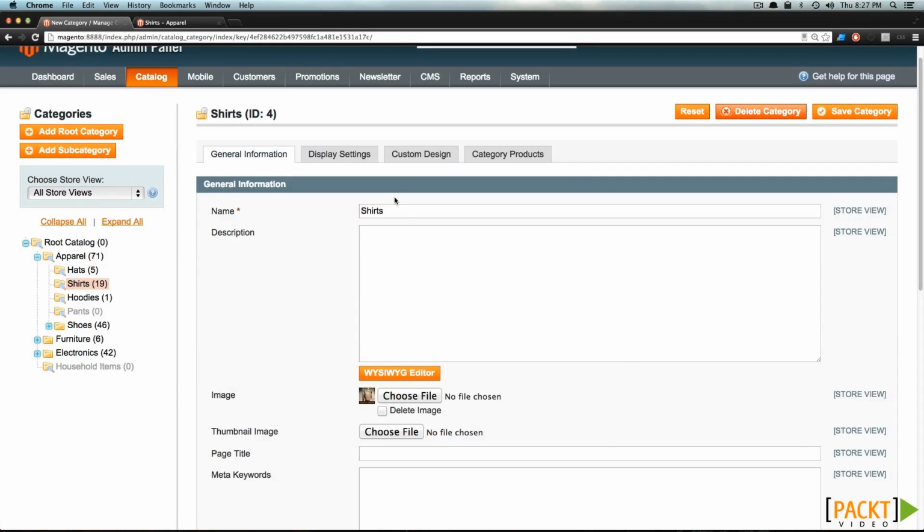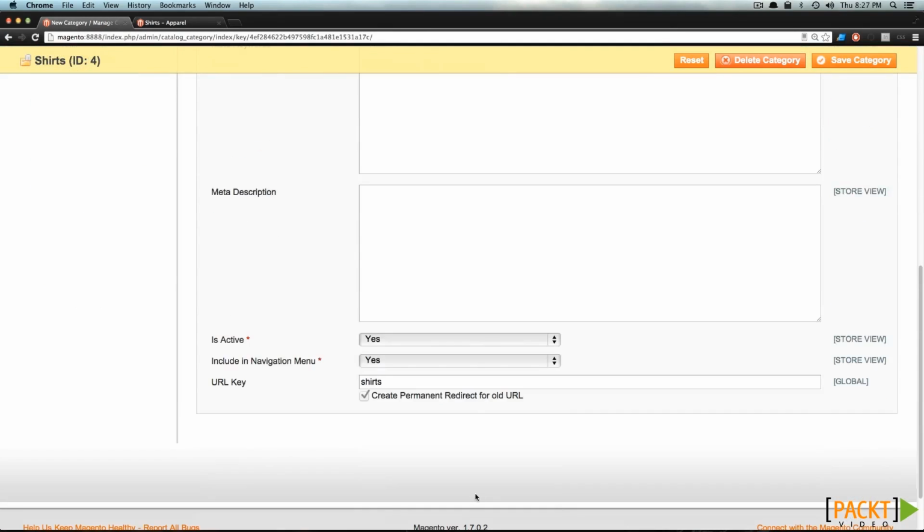By default, when you create a category, you'll notice that down at the bottom here, this URL key, if it's not filled in, what happens is it gets automatically generated and essentially just takes the title and converts it to lowercase, removes spaces, and puts hyphens in there. So that's fine, but let's say we wanted this to be different for some reason. There's certainly no problem with modifying this